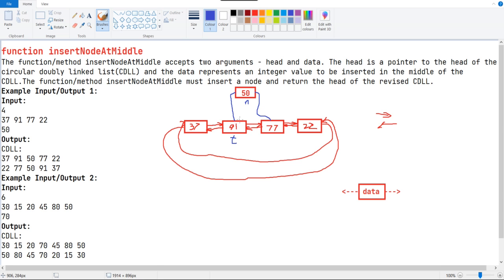So temp next's previous should contain the new node. You didn't get that, right? I know, because I too don't get that. The new node's next should contain temp's next value, and temp next's previous should contain the new node.